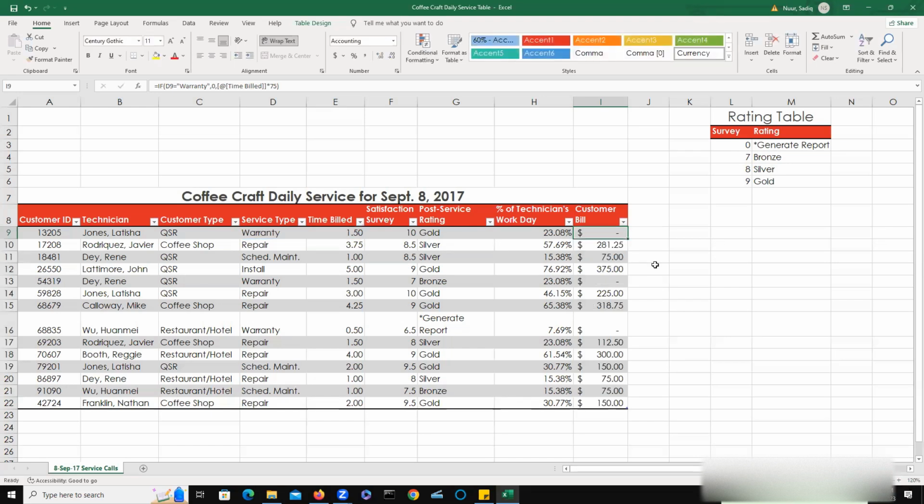Now we have to use conditional formatting next. Conditional formatting allows you to create rules that change the formatting of a cell based on its value. For example, you might want negative values to appear highlighted in red. So to do that,